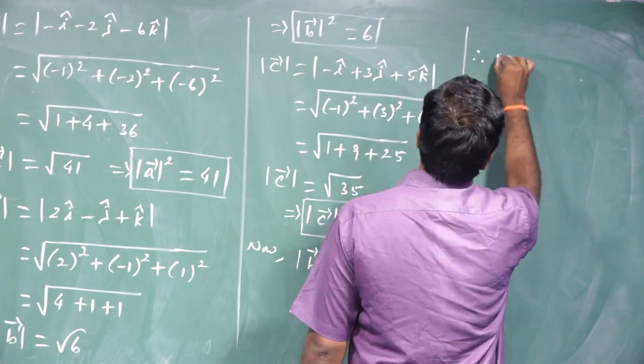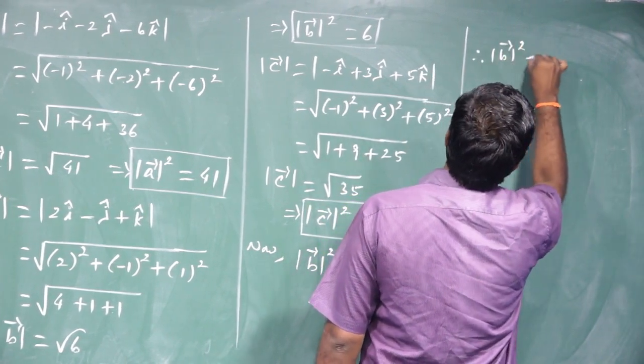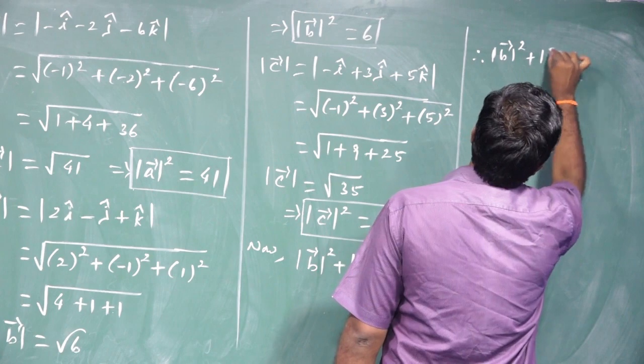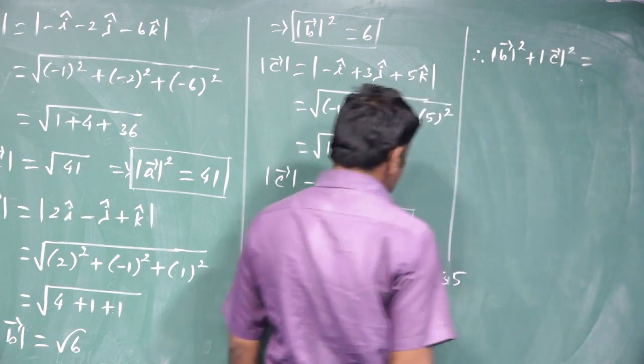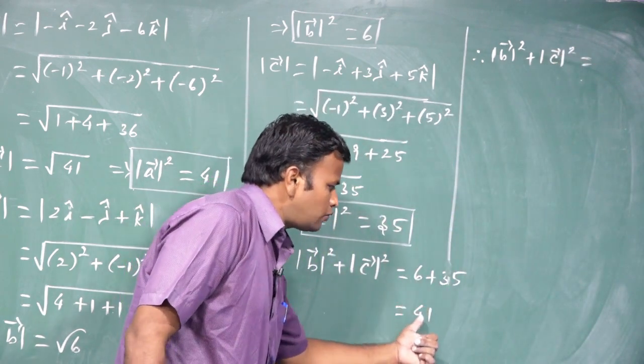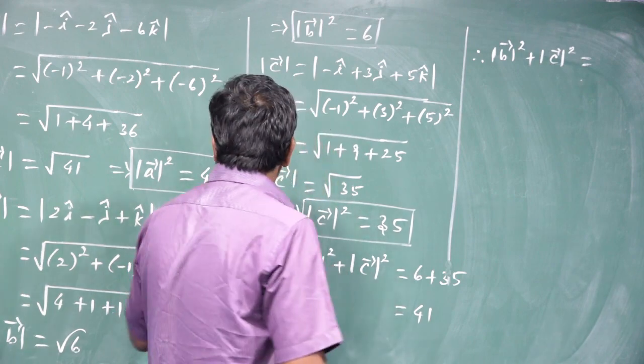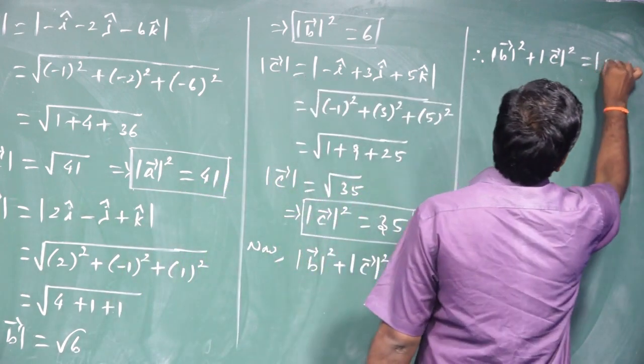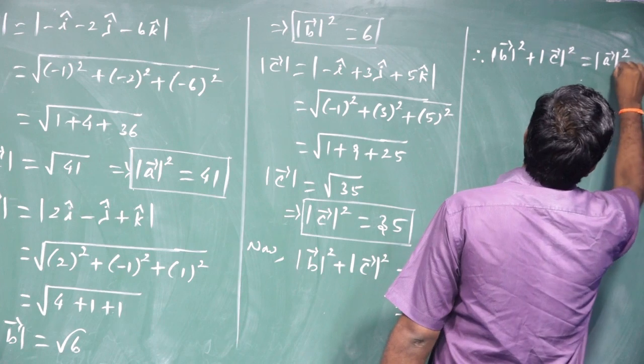Therefore modulus B vector square plus modulus C vector square is equal to 41, where 41 is exactly the value of modulus A vector square